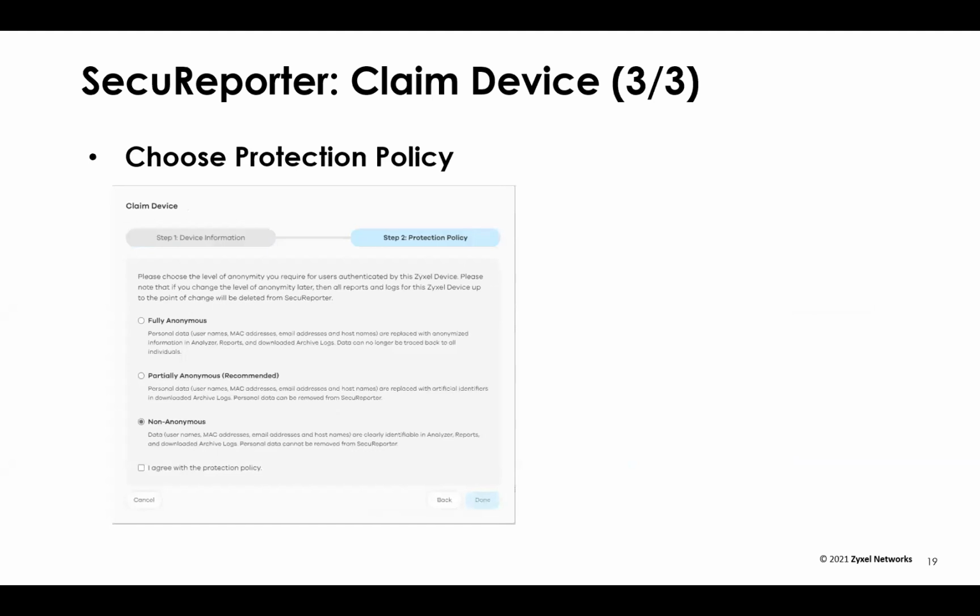We are fully GDPR compliant, so that means that if you need to use the GDPR policies or you're in a country that requires you to have GDPR, then you're going to go ahead and select Fully Anonymous. Fully Anonymous, as it collects information on the SecuReporter site, will anonymize the information for the MAC address, the user's emails, and the host names. If you would like to do partially anonymous,